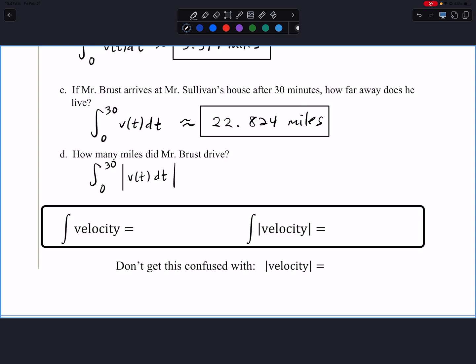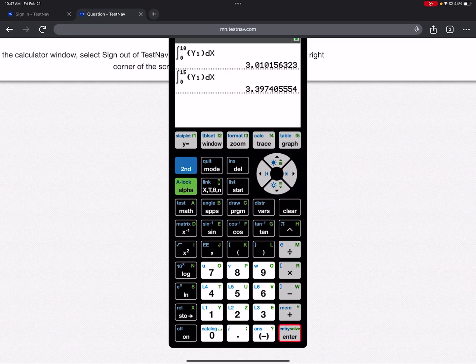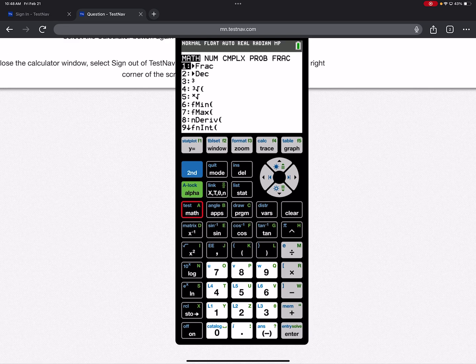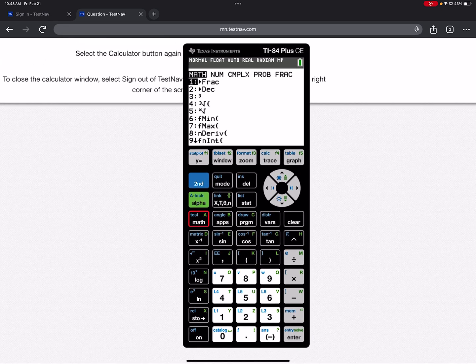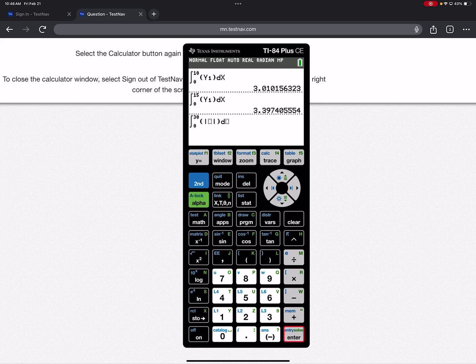Okay, so going back to my calculator. If you're taking your AP test and you forget where any functions are, we haven't done absolute value that often in here. So math 9, 0 to 30. Go to math, under number, ABS of y1